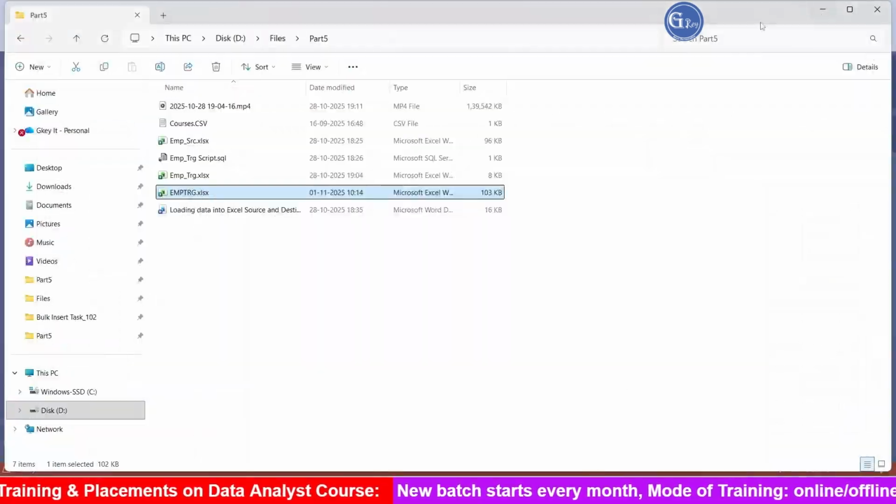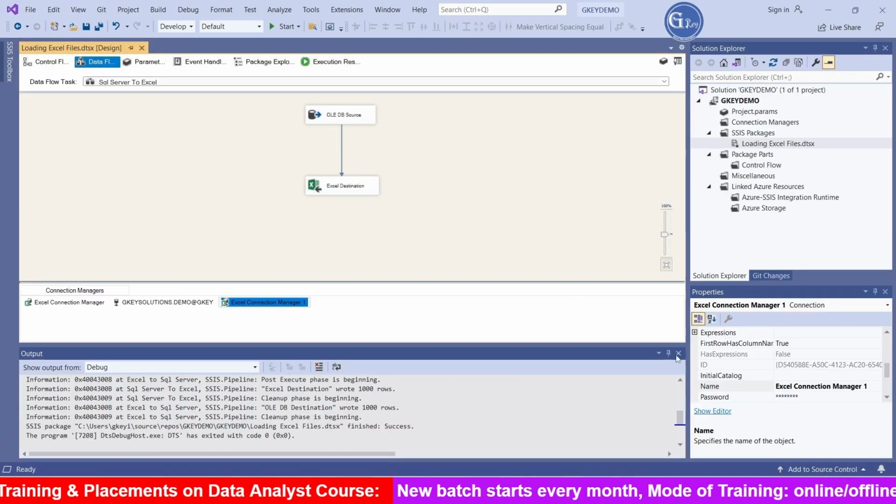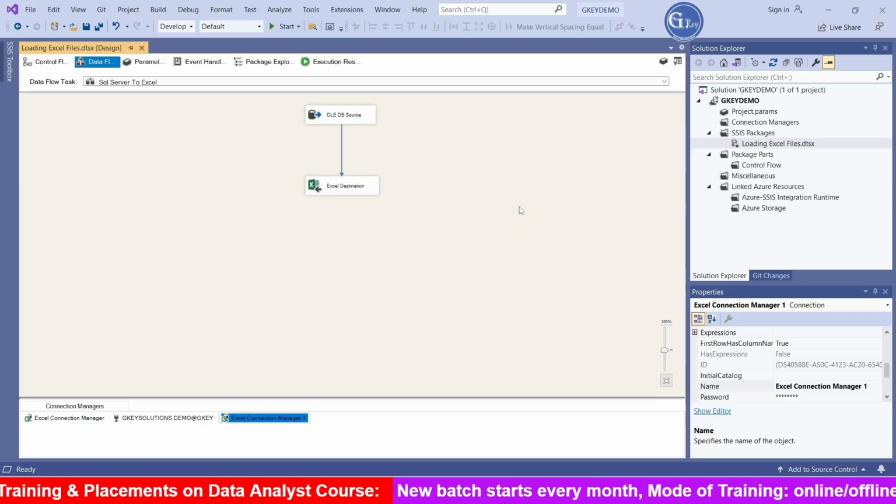In this way, we are going to use this Excel source and Excel destination. In this process, from Excel source we can load the data into n number of destinations, like that might be Excel destination, flat file destination, SQL Server destination, like that. In the same way, sources also we can use different sources. The sources might be SQL Server to Excel destination, Excel to Excel destination, flat file to Excel destination. In this way, Excel source and Excel destinations are used to manage the Excel files which are available in our